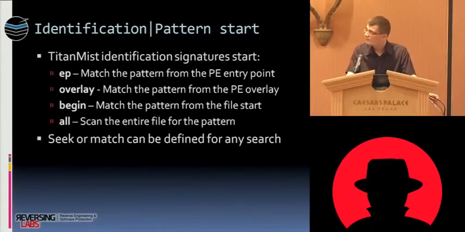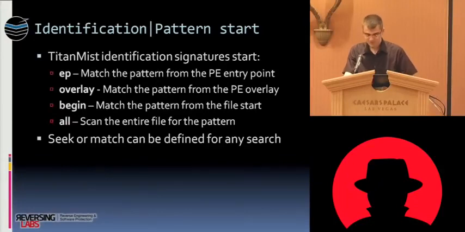So for the entry point, the default is match a pattern. For the overlay, it's a match a pattern as well. For the beginning of the file, it's also matching. But you also have a switch that enables you to scan the entire file for the selected pattern. Now, since these are the default values, they can be overwritten. So each and every one of these patterns can be switched to seek, which means just search for the pattern